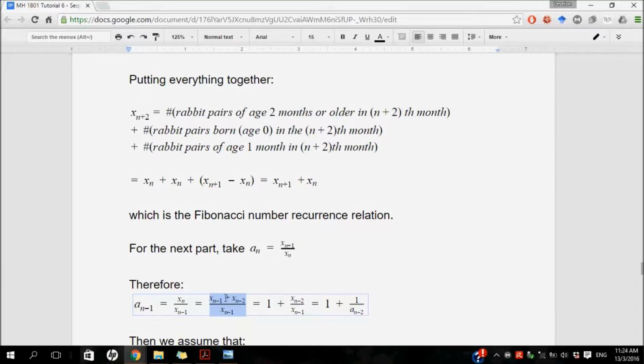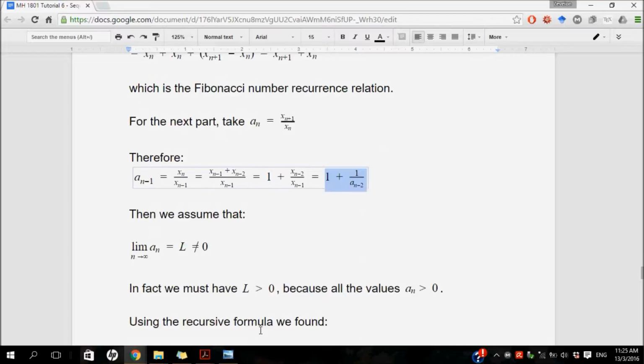So in the next step, we simplify. We get this. And the term that we have over here is easy to recognize. It is just 1 over an minus 2. And that is the formula that we were supposed to prove in the question. In the next part, we assume that this sequence an has a limit, which is L, and it is not equal to 0. Because it is assumed to be not equal to 0, we must have that L should be a positive number,